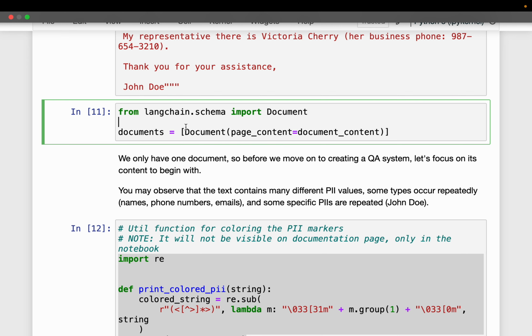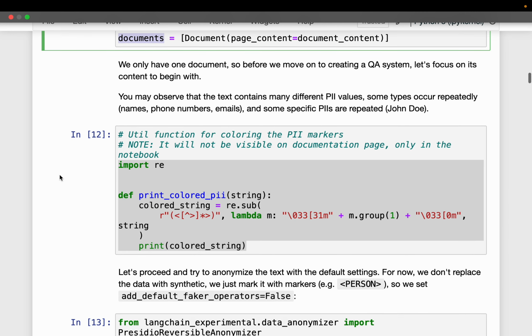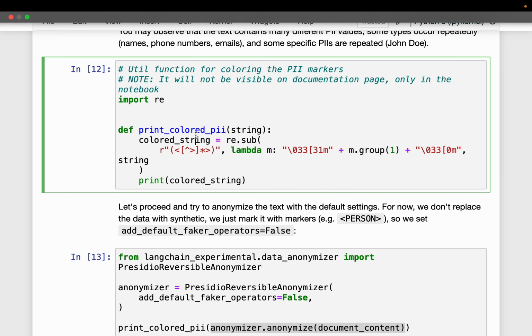Okay. Typically we would have multiple PDFs or multiple documents, but in this case we have a single document. So here we are reading our document content into this documents variable, which is a LangChain variable. And then we have a very simple helper function, print colored PII.